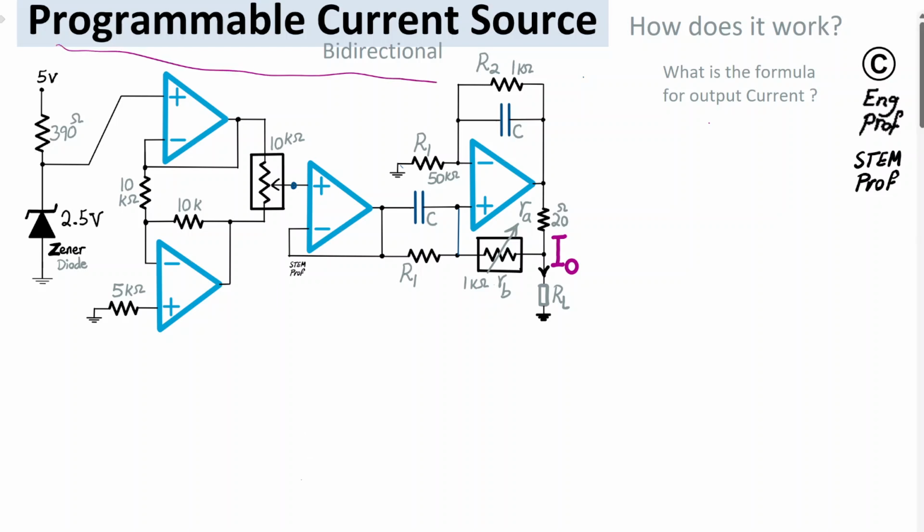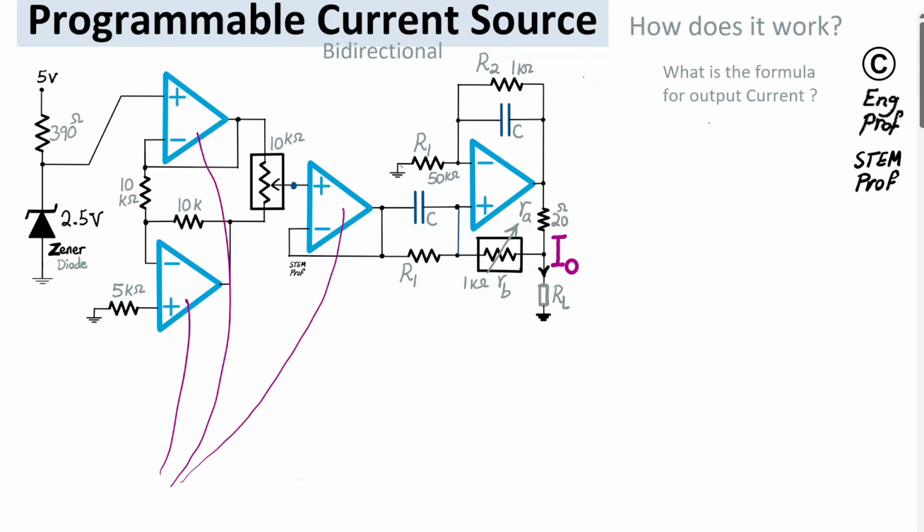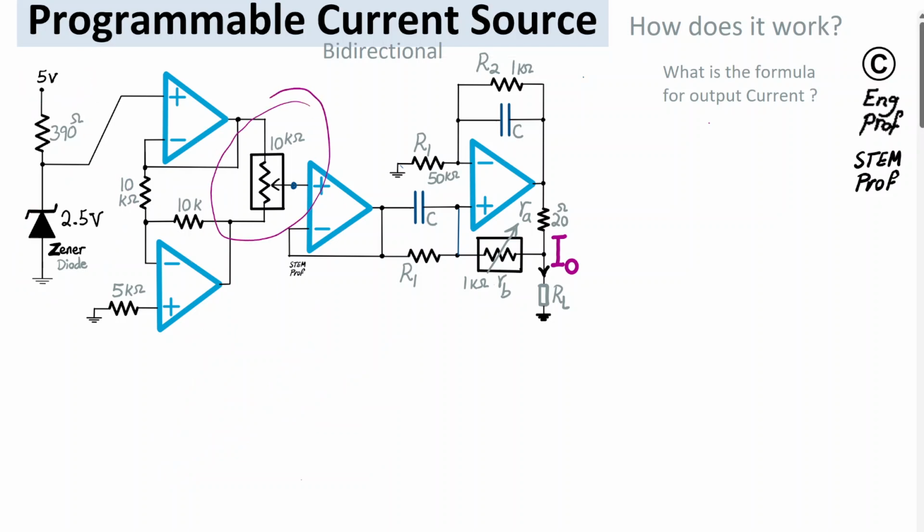A programmable bidirectional current source circuit design is discussed in this video. The circuit is implemented with 4 operational amplifiers, or op-amps, and one 2.5 volt Zener diode as the initial reference voltage from an unregulated 5 volt supply. There are 2 potentiometers, one 10 kilo ohm, the other one 1 kilo ohm, that are digitally controlled potentiometers or